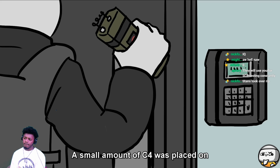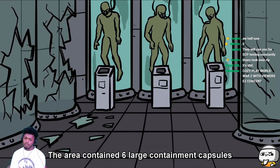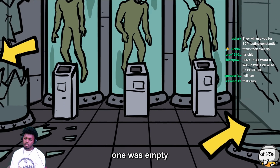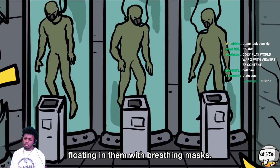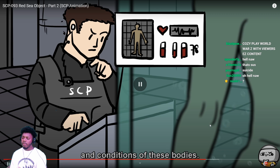A small amount of C4 was placed on the lock of the key-coded door and then exploded, forcing the door to open. The area contained 6 large containment capsules. 2 were broken, 1 was empty, and the last 3 had nude humans floating in them, with breathing masks. Attached to the front of these tubes were medical charts showing vital signs and conditions of these